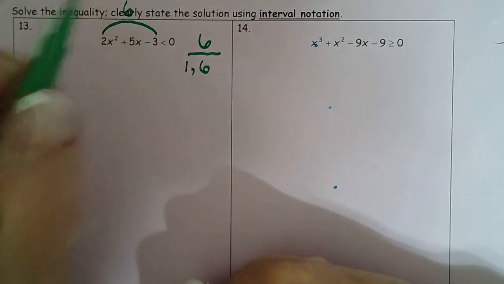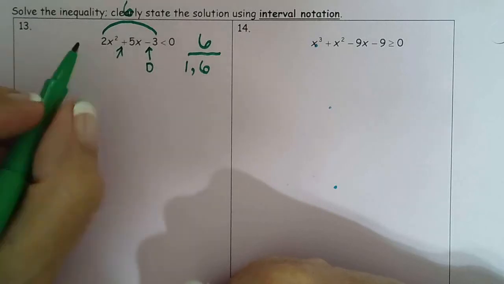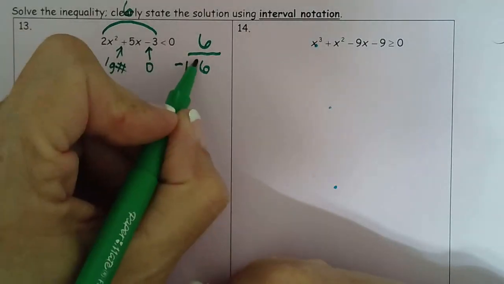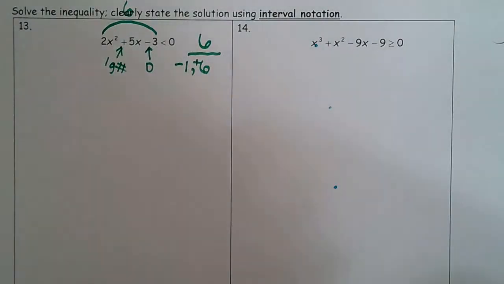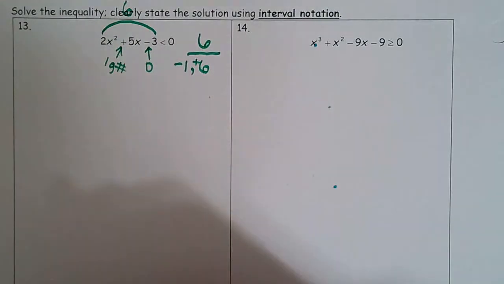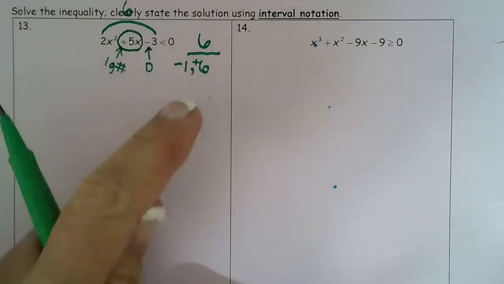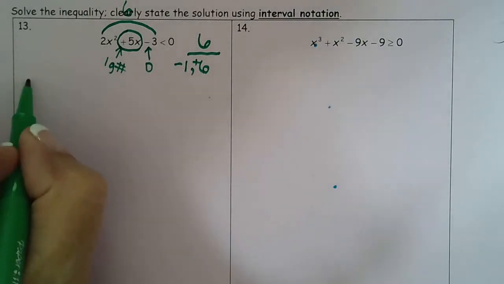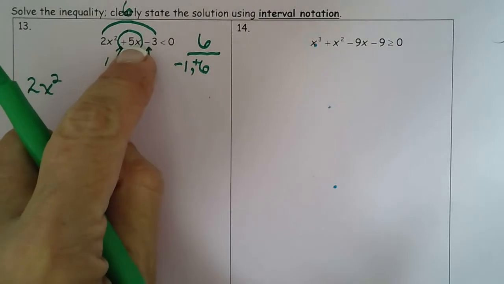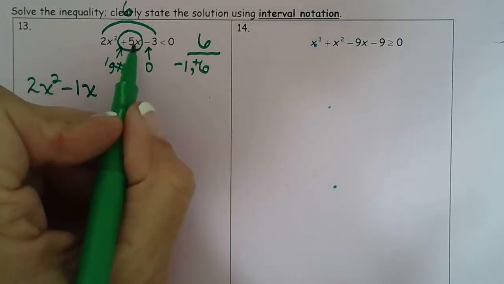So factors of 6, read the problem backwards, that's subtract a 5, 6 and 1. This says the signs will be different. And this says make sure the larger number is positive. So 1 is negative, 6 is positive, and you can always test it if you're not sure it's right. 6 minus 1, yep, that's 5. Okay, so we're ready to replace this with those two values. So now we have 2x squared minus 1x plus 6x